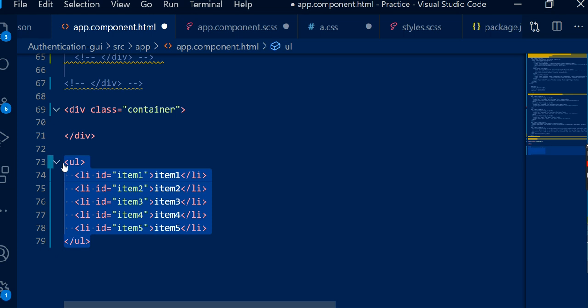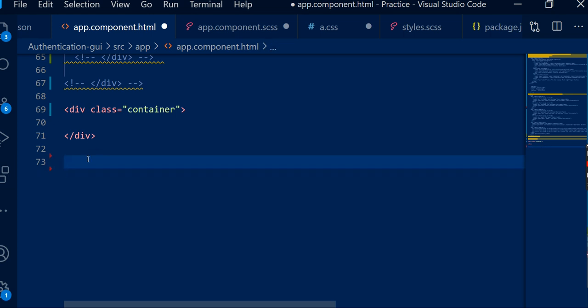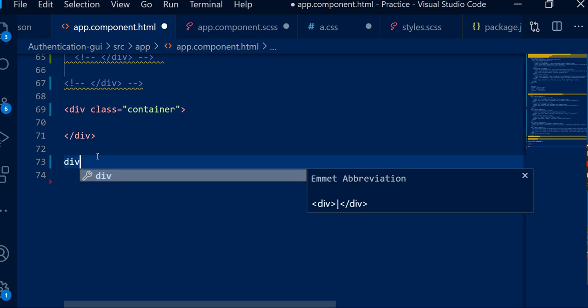Okay. And one more thing I want to show you. Let's suppose I have created one div, and inside the